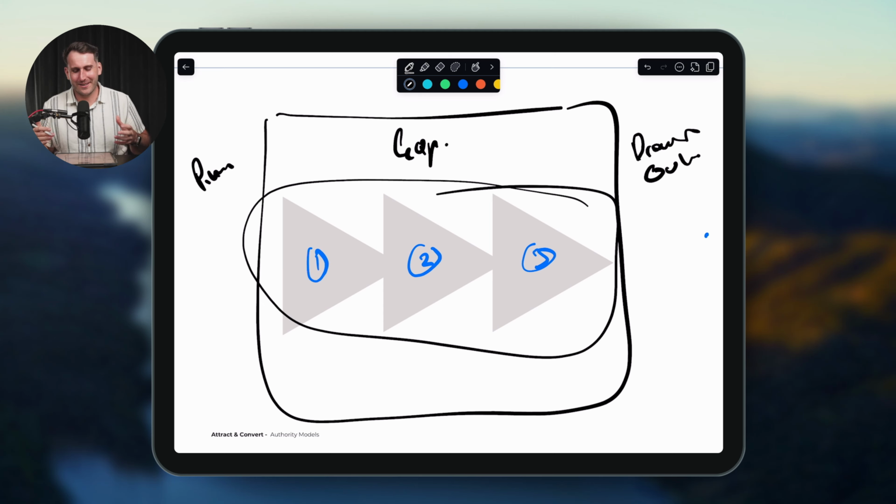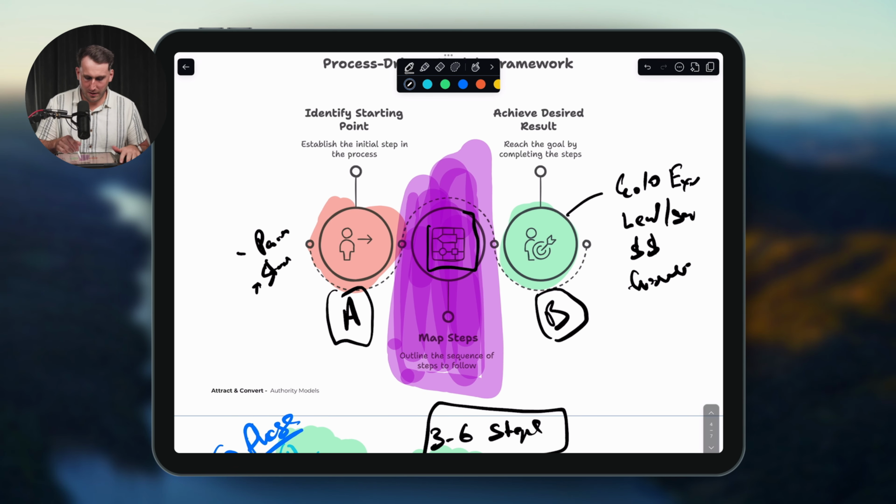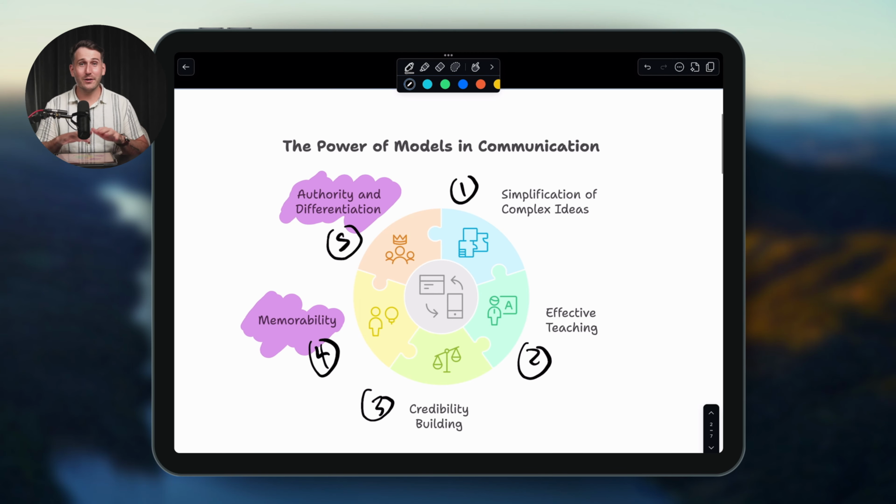But in theory, your model is always going to be different, right? This is the power of models. You can create your own concepts. People go, oh, you have the map. You have this thing that's going to help me solve my problem. So hopefully you're getting what I'm putting down on the power of models and how to use it in your sales